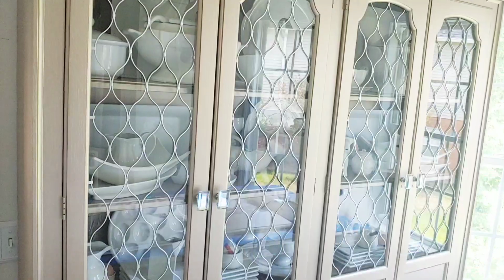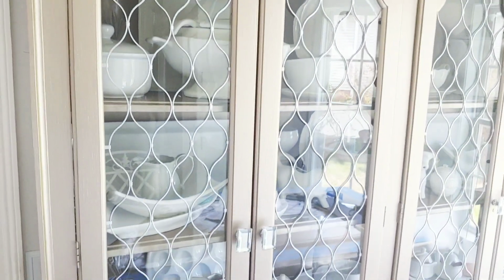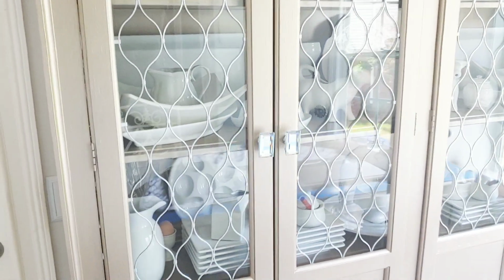Look at all of that chicken wire. Yeah, she did that, right? Yeah, she did that. Yeah, I talk to myself a lot. Hear me, no mind. Anywho,